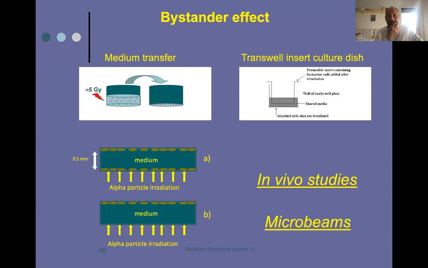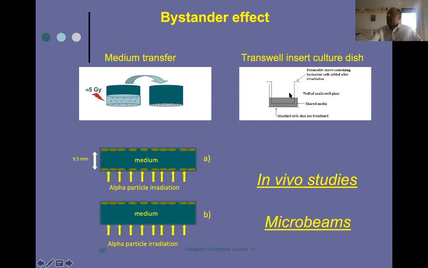Bystander effect is something that was seen in a very funny experiment. It's very much in vitro at the beginning. One thing was, for example, you irradiate your cells, then you take the medium, not the cells, but the medium, and you transfer the medium to normal cells, and these cells die, not all of them, but some cells die. Or if you want, you irradiate cells here, and you put another well with other cells here,